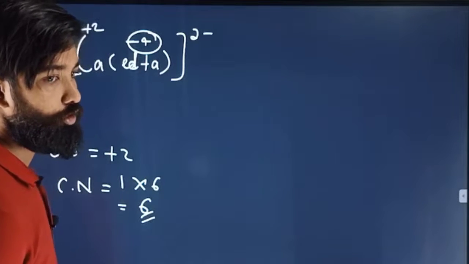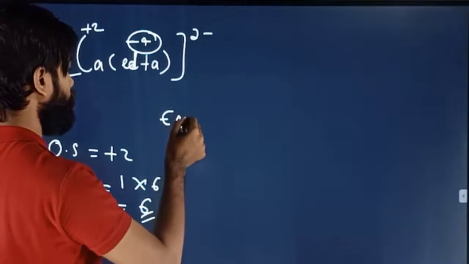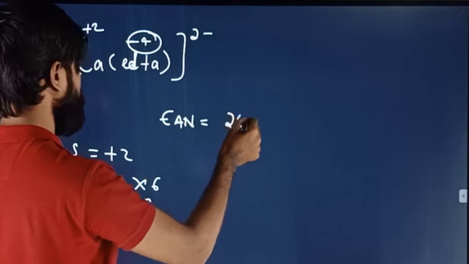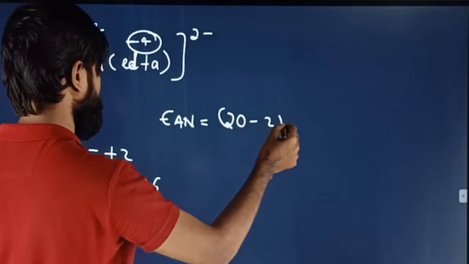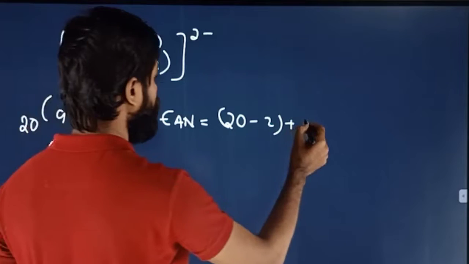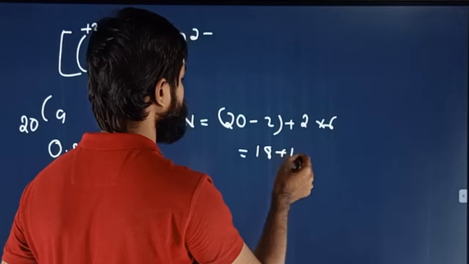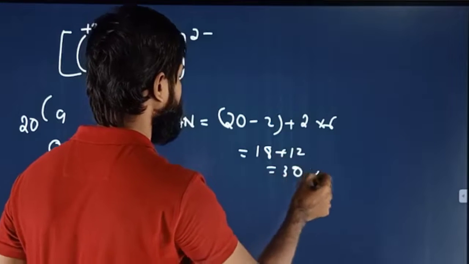If the coordination number is 6, what happens? Listen. EAN is equal to 20 minus 2 plus 2 into 6, that's 18 plus 12, that's equal to 30. So EAN is not valid. Ready? EAN is not valid here. Okay, so the next example,